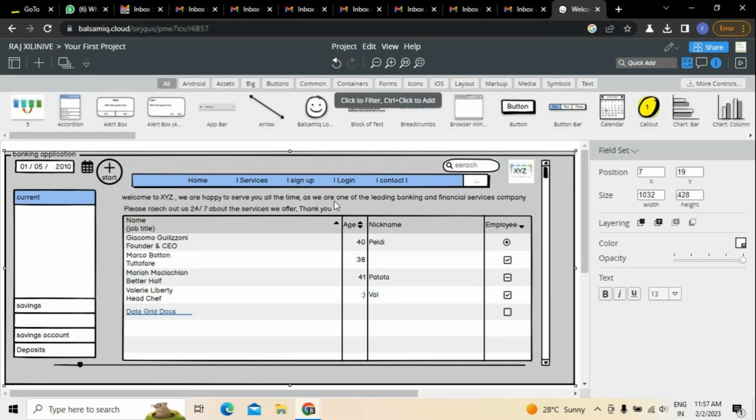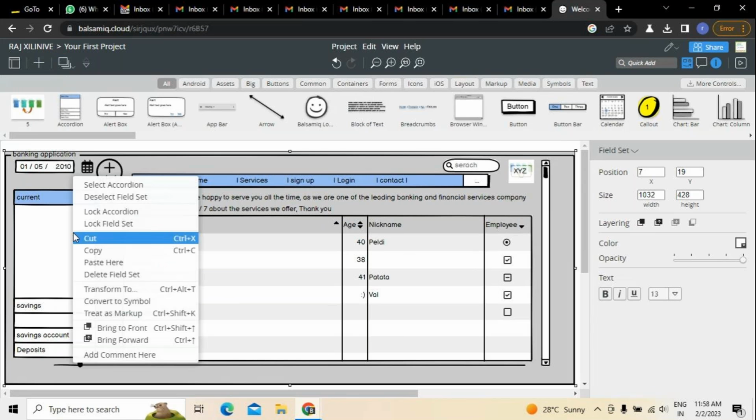So this is how generally this banking application is created. Whatever you can see here and whatever application I have created, this is what generally the application will look like. At the same time, if you want to copy or delete any kind of field sets,